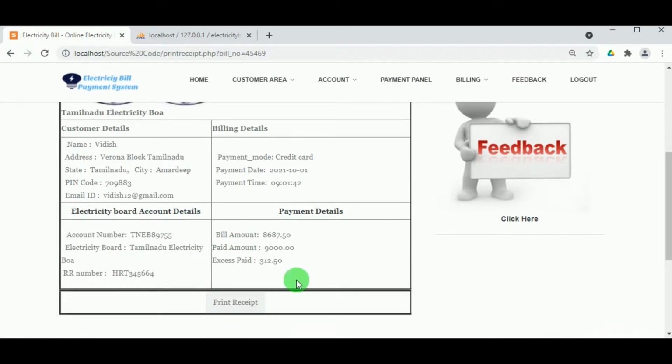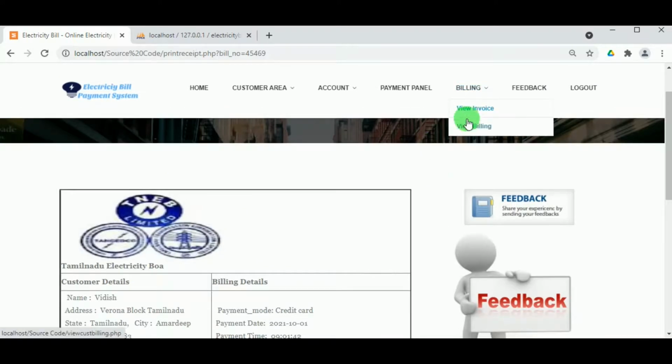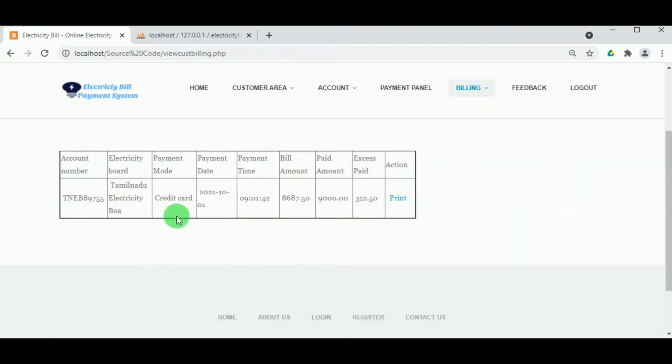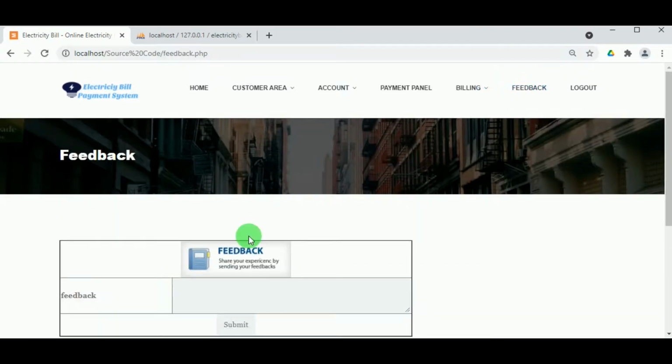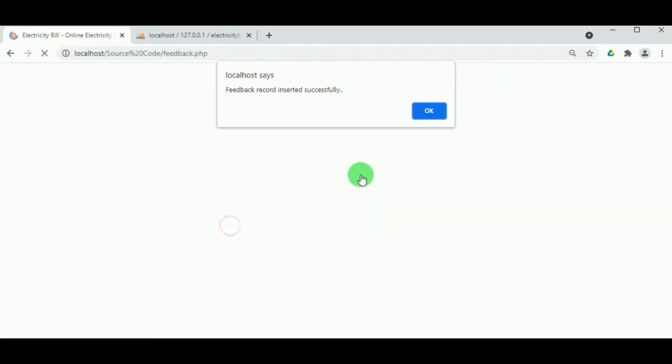So once the bill is paid, the receipt is available which can be printed, and in view billing, the billing details can be viewed by the customer and this can be printed also. And in the feedback, the customer can give feedback to the electricity bill payment system regarding the service provided and also the efficiency of the web page.